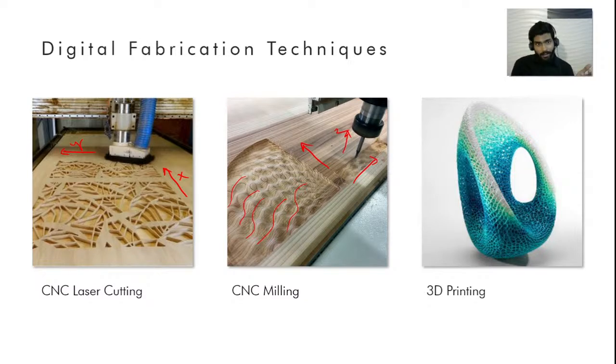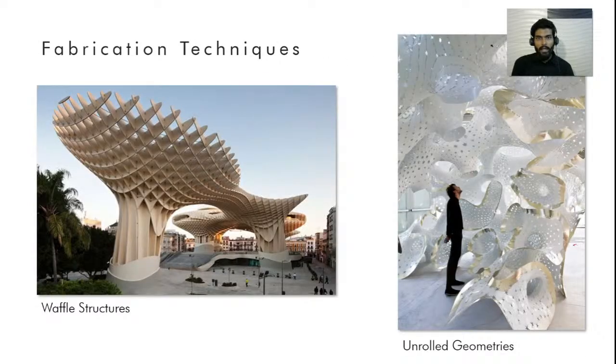Now let's see how we can use something as basic as a CNC laser cutter to design and construct something that is parametric in nature. Enter waffle structures. So this is a waffle structure, the Metropol Parasol. I'm sure most of you must have seen these images earlier. Most of you must have seen this particular structure earlier. And before I talk about this structure, have a look at,